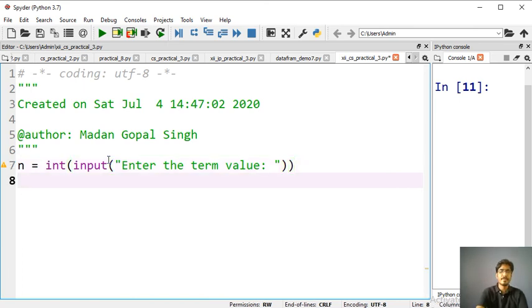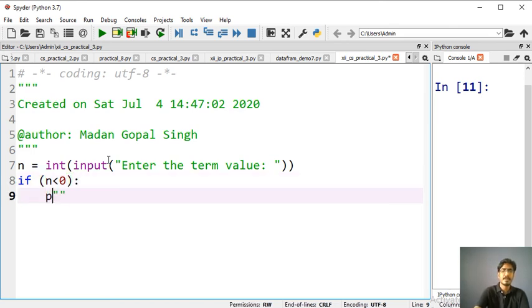Now we will check whether it is negative. If n is less than 0, print "not defined for negative number."